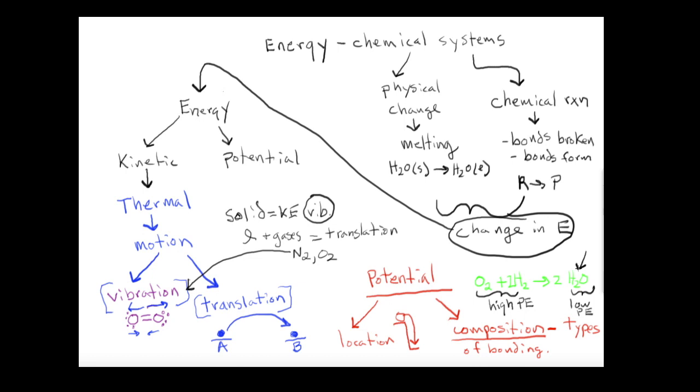All right. So I am now going to conclude this video, and the intention of this video was to define the various kinds of energy for us, the concept of kinetic and potential energy, the fact that kinetic energy and thermal energy and motion are all strongly related, the fact that potential energy can be a location issue or a composition issue, where composition happens to be the types of bonds between atoms, and it can be the types of